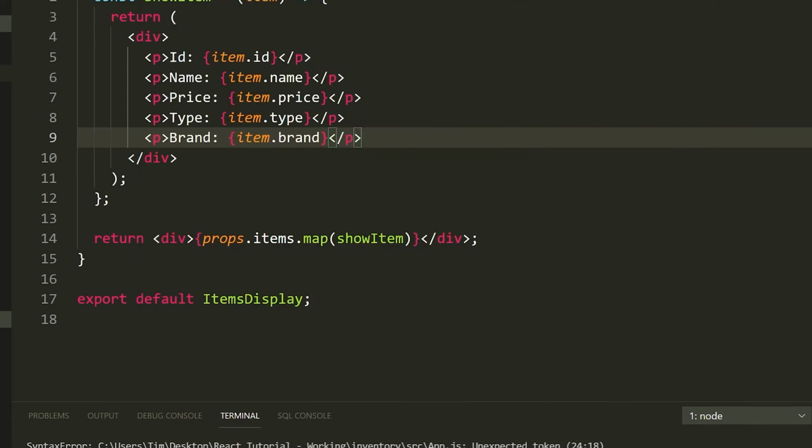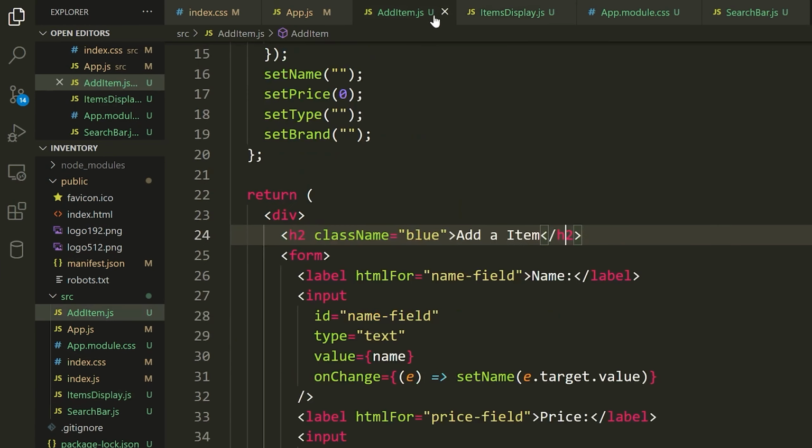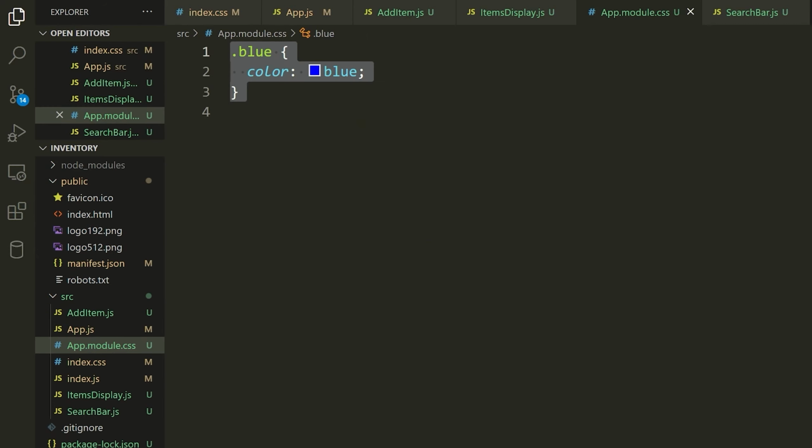And the reason it's not blue is because this class name blue, if I go here, is actually not defined within the scope of this file. Hopefully that kind of makes sense, but to just explain what happens when you use this app.module.css, this blue right here is not going to be called blue. This sounds really weird, but in a global scope, you can actually still access this class right here. So you can still access this blue class, but it's not going to be called blue, it's going to be called something else. There's kind of like a formula that defines what this will actually be named.